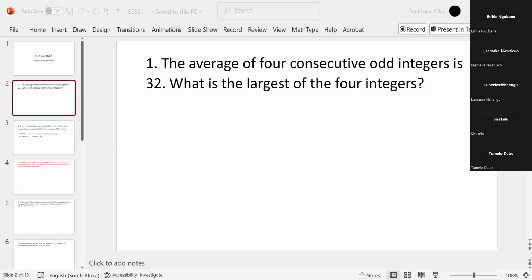In that case, we think of the numbers sitting on the number line like this. And suppose you got, well, we got four numbers at the moment, but suppose we take five numbers